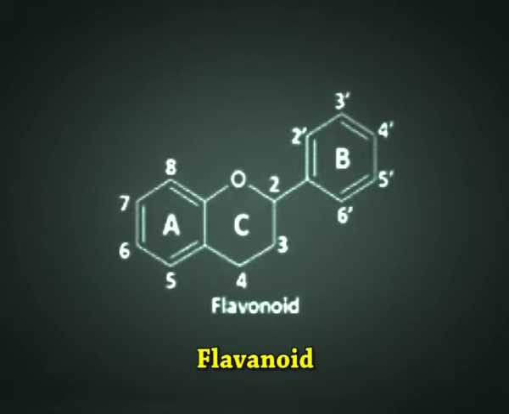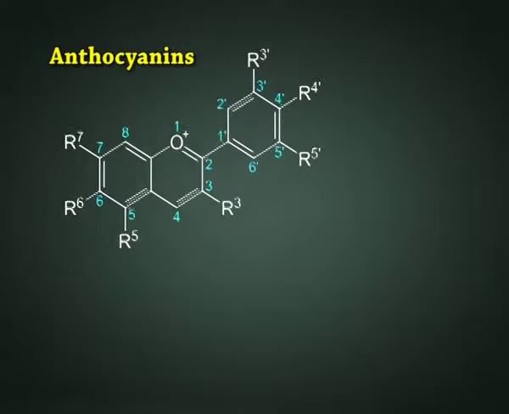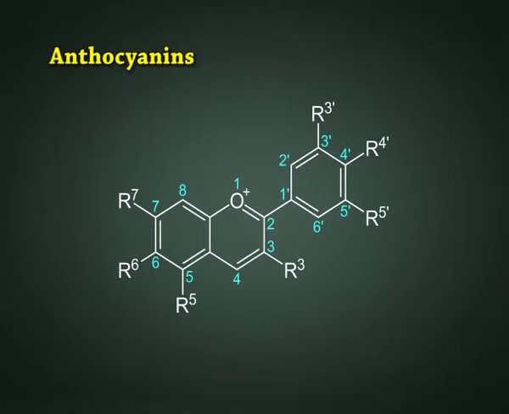The hydroxyl groups are generally found in position 5 and 7 in ring A, while ring B commonly carries hydroxyl or alkoxyl groups. Majorly, they are divided into two subclasses, anthocyanins and anthoxanthins. Anthocyanins are the glycosides of anthocyanidin and are the most important class of water-soluble plant pigments which are responsible for